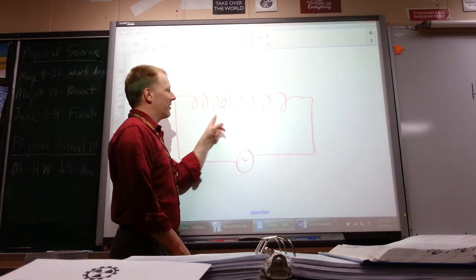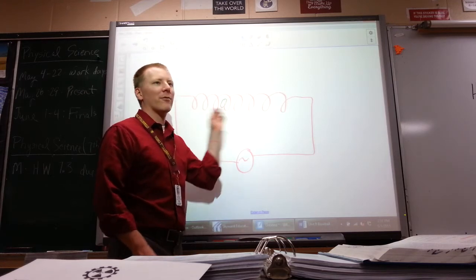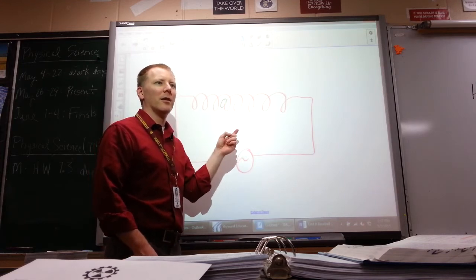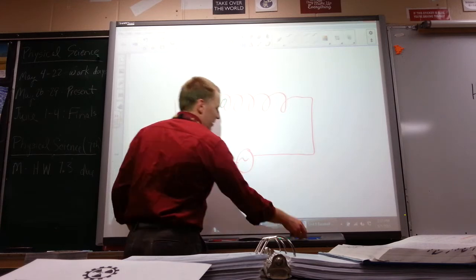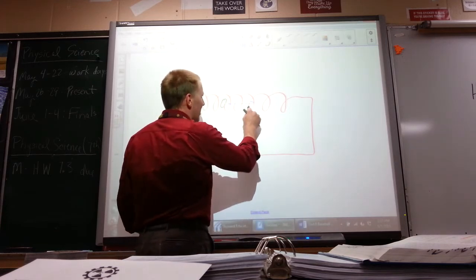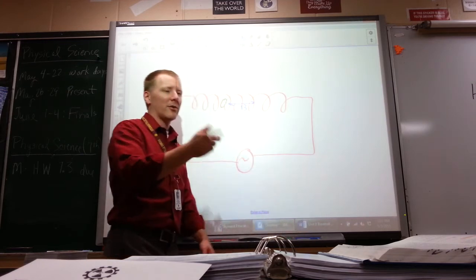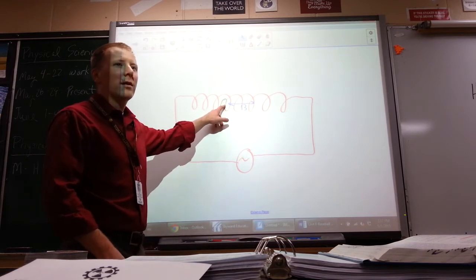We have an alternating current in this coil. So what can you say? That means the current's going back and forth in the coil. What's going to happen to the magnetic field inside the coil? It's going to be changing constantly, right? And its direction will be changing. So the magnetic field will be going back and forth, changing its magnitude and direction depending on where the current is. And here's a loop of conductor